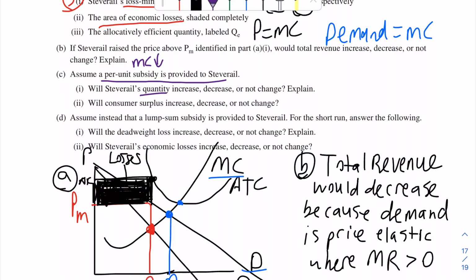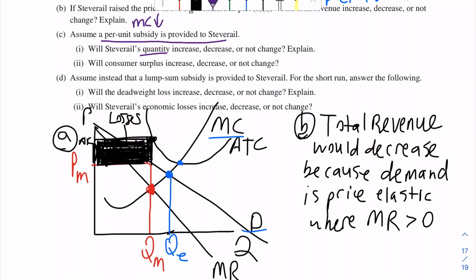Okay, you do not have to draw this, but I at least want to show you what goes on. If my marginal cost goes down, MR equals MC is here, so quantity is going to increase. Because you have a lower marginal cost, your quantity will go up. Again, you do not have to draw it on the graph, but I at least wanted to show you that quantity will increase